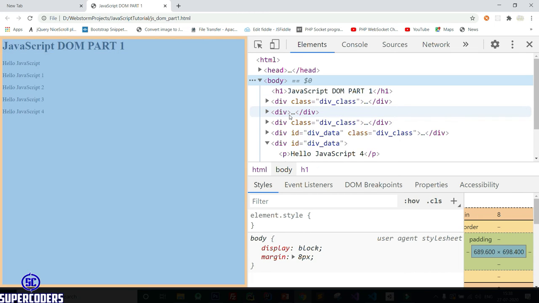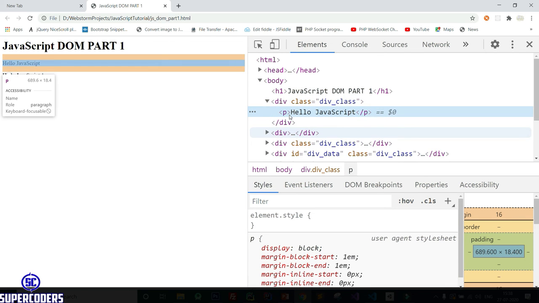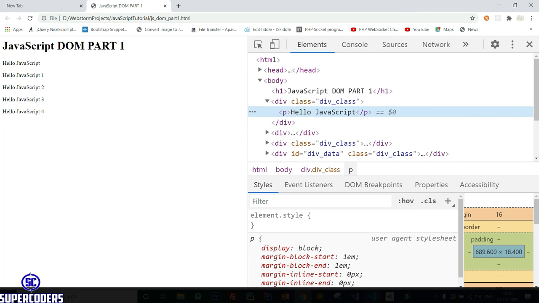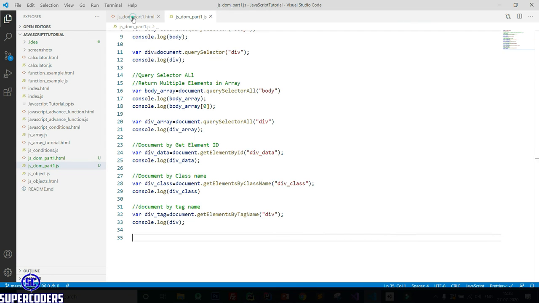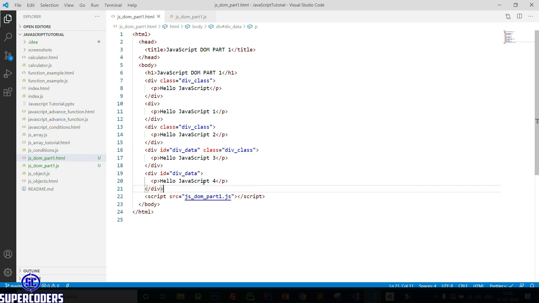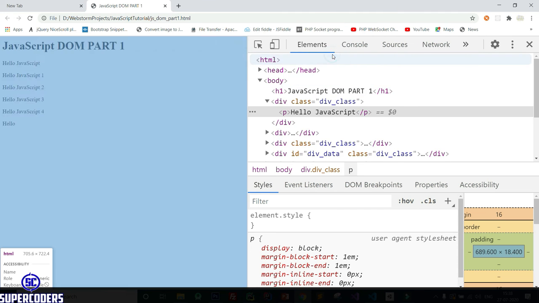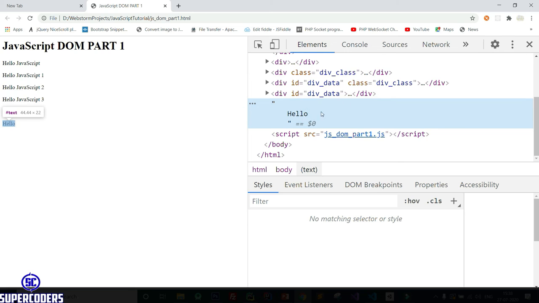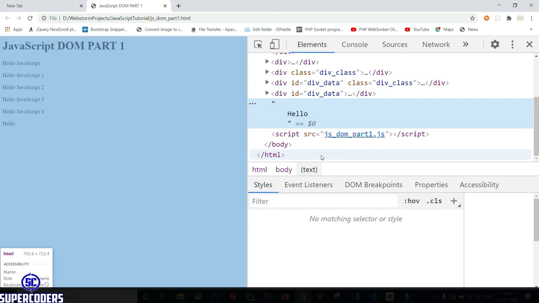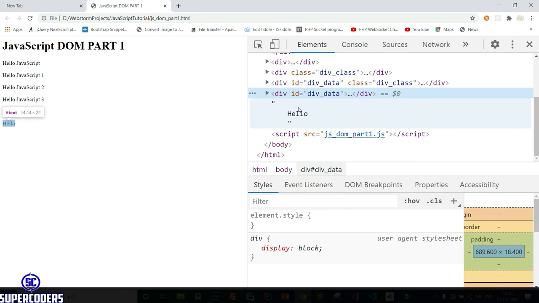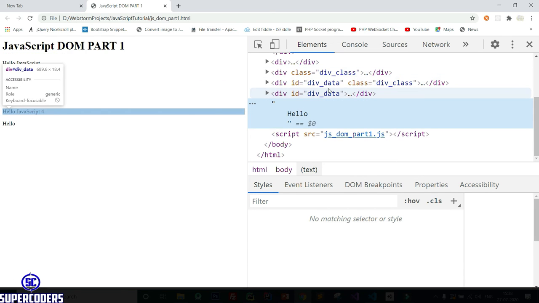First node is body, then second is div, and inside this, P. So all this comes in nodes. These are called element nodes. Now what is a text node? If I write here hello, this will go inside a text node. If I refresh, this is known as a text node. You can see text. So these are known as text nodes, and here you can see div. So this is the slight difference between text node and element node.